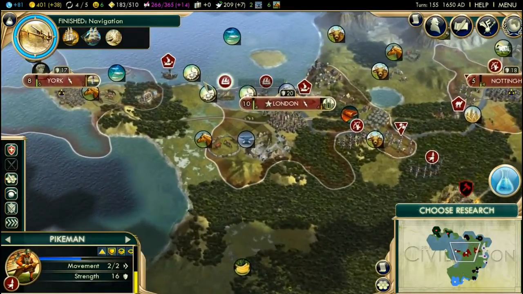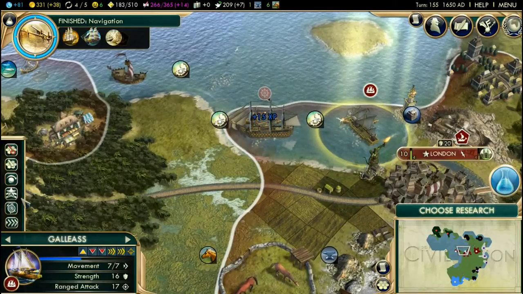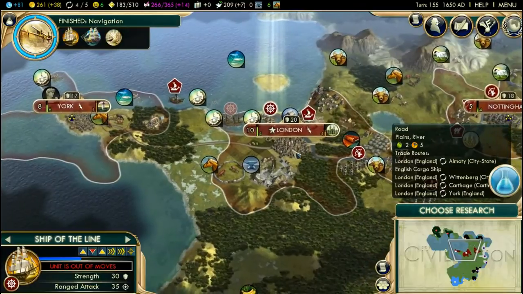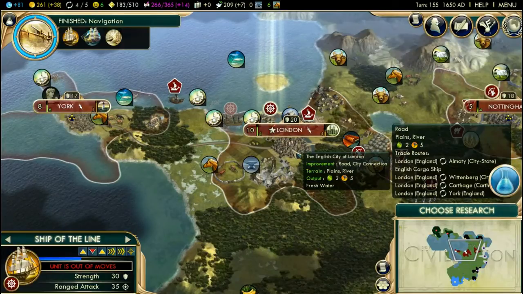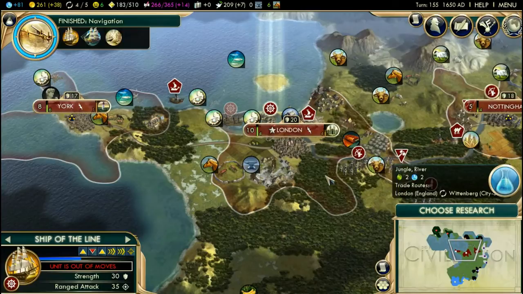And here I am, with 2 galleasses which are ready to be upgraded to Ships of the Line. Oh yeah, 3 decks of guns. That's how we roll. So compared to the frigate, the Ship of the Line has 30 combat strength compared to the frigate's 25, 35 range damage compared to 28,